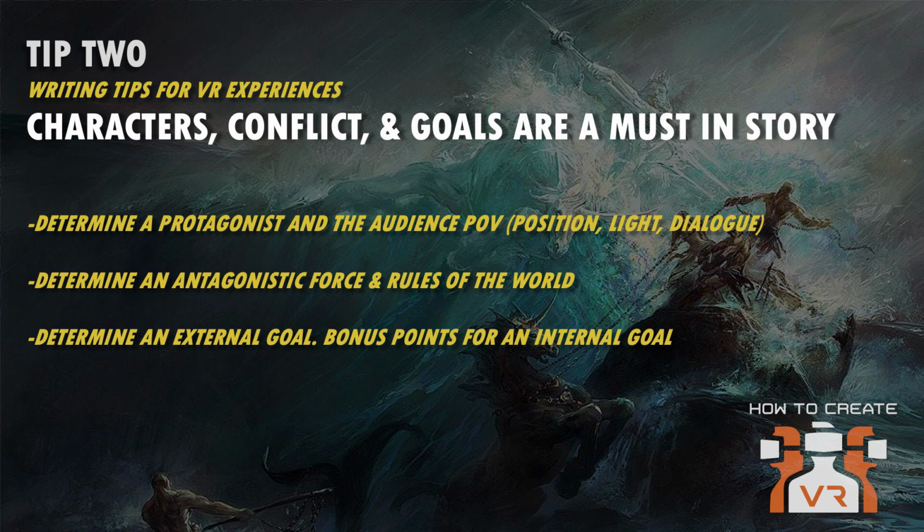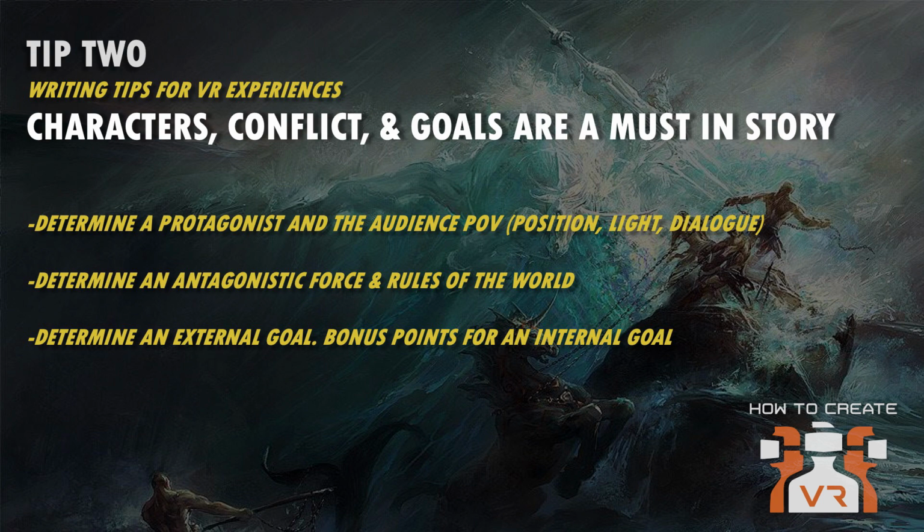The second thing that we need to be able to determine is some sort of conflict in the experience, some sort of antagonistic force. There's been many story theorists that say this is so key to storytelling because it works in conjunction with how the human brain solves problems. So having an antagonistic force, knowing that there's some conflict that must be overcome, this is quite important to the psychology of the participant if they're going to really engage into this world.